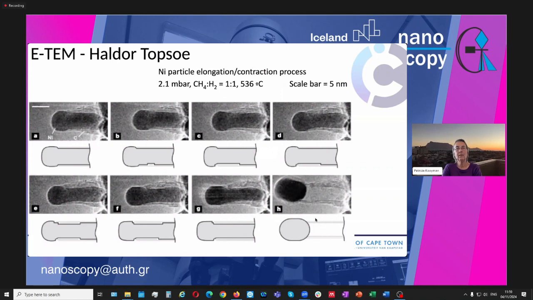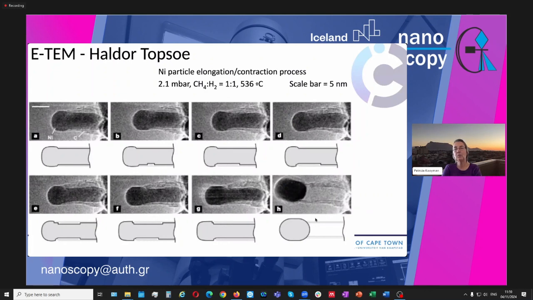So if you look at that here, these are stills from that movie. We start at the top left, where you see that the elongating and that carbon layers are being formed. And then we go from left to right on the top row, and you see that the nickel particle is stretched and stretched much more and more. And then from left to right on the bottom row, you see where finally in frame H here, it dislodges